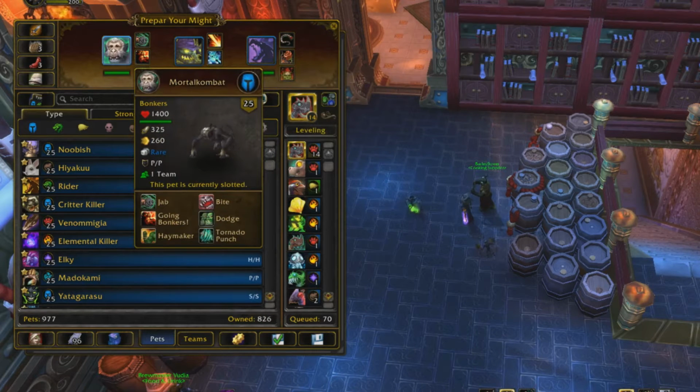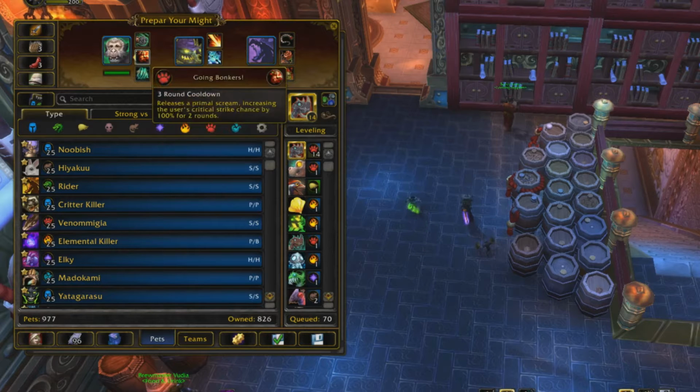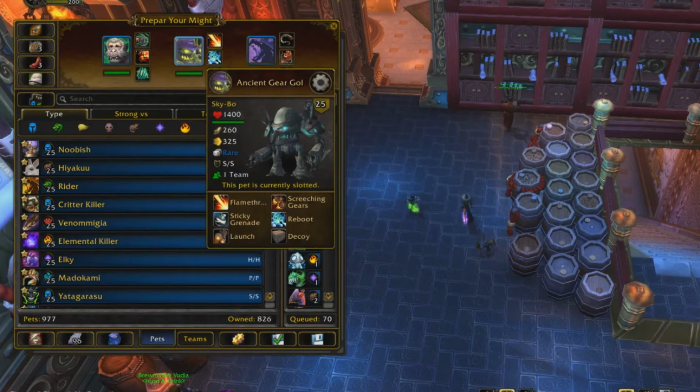Because the whole theme of this team is to use Bonkers, and I really just want to use him as like a cannon to explode with going Bonkers, and then using Tornado Punch with 100% chance increase to crit, and then just jabbing a few times, because 100% increase crit chance for 2 rounds is pretty nice. And Tornado Punch is also a pretty nice ability. It's just like a Soul Rush, hard hitting ability with a 25% chance to stun. So he can deal quite a bit of damage. It's just he's really susceptible to decoy. And then I also have